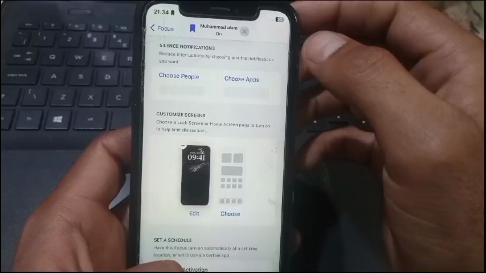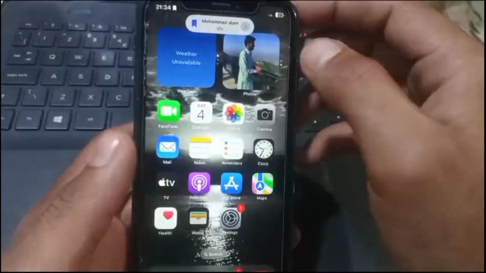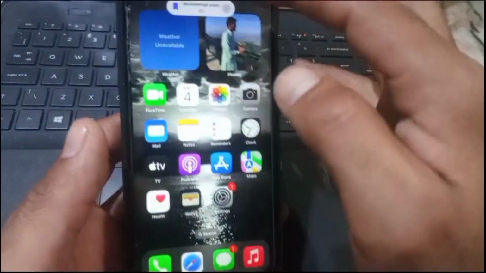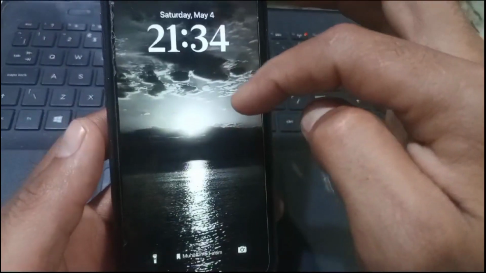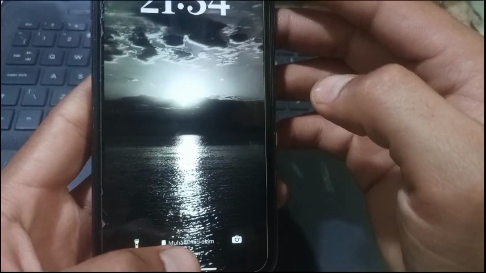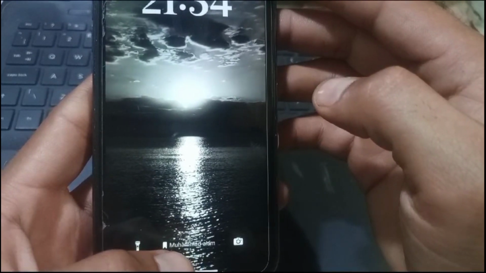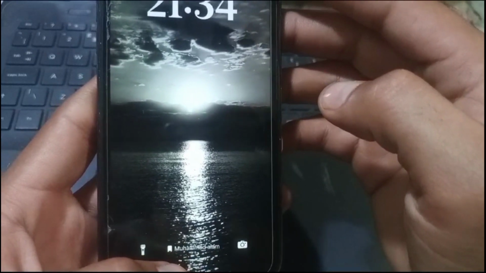Here you can see Muhammad Alam Focus on lock screen created. Simply here, you can see Muhammad Alam. Here you can see it appears on screen. You can change the name, the color, and any one color you